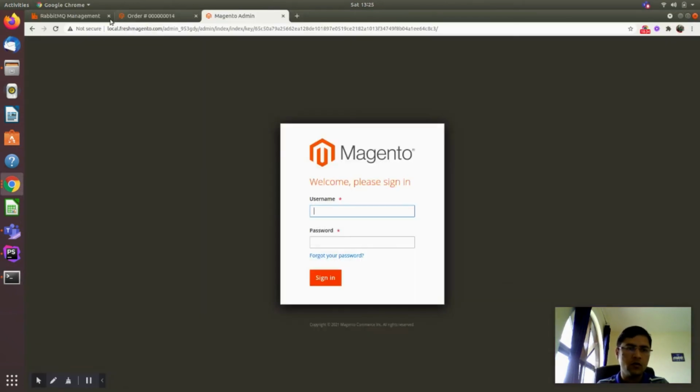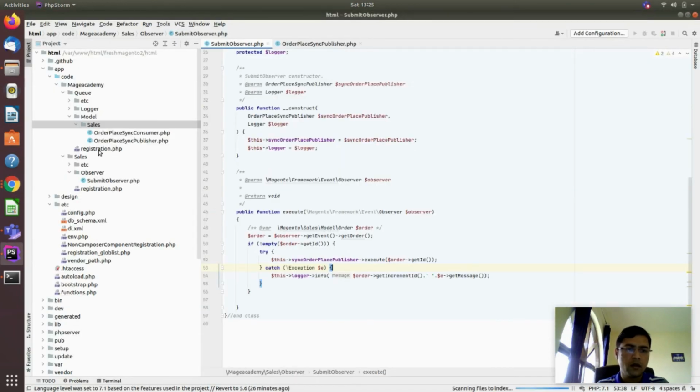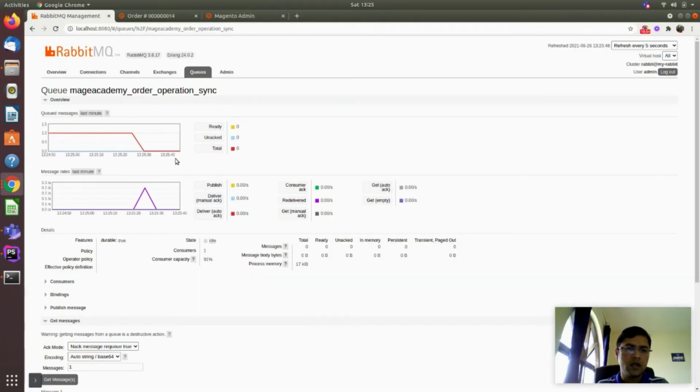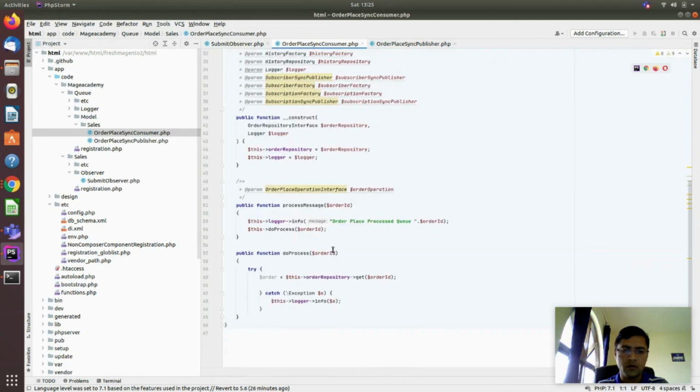You will see here this will process. So our queue has been processed, but still we didn't add our process here. What do we want to do?